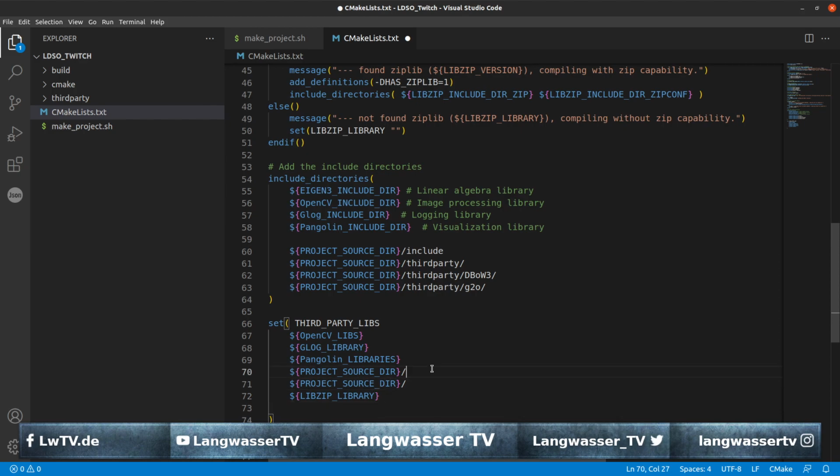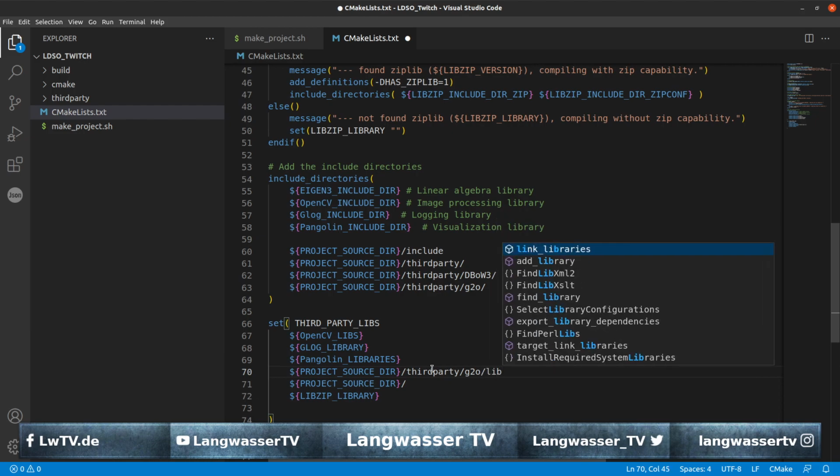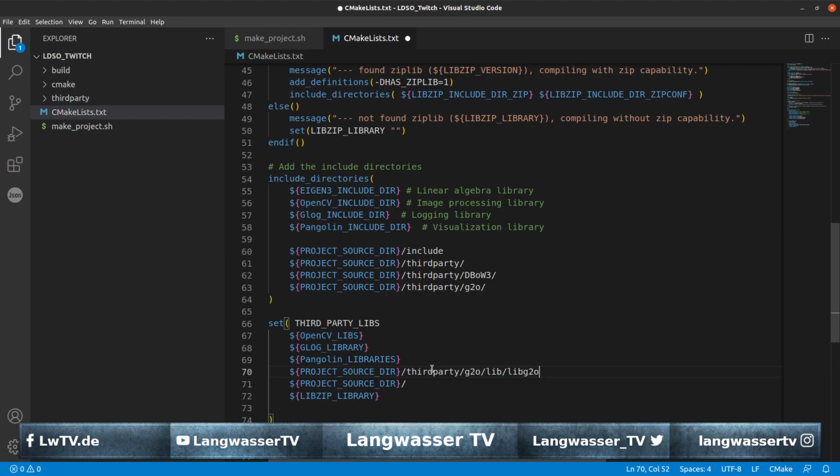And we need to now complete this path. So it's third party /G2O. We need to rearrange the ordering in a minute. lib, libg2o. And then we need to add the extension,